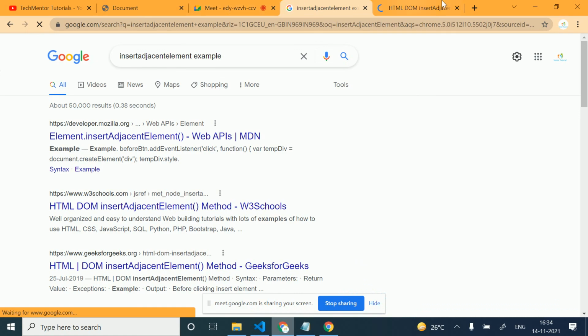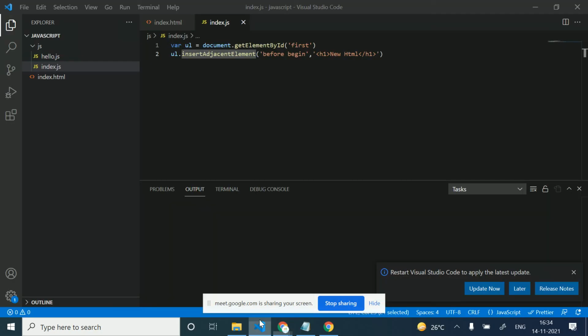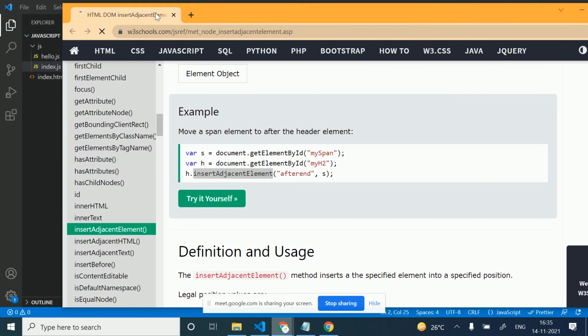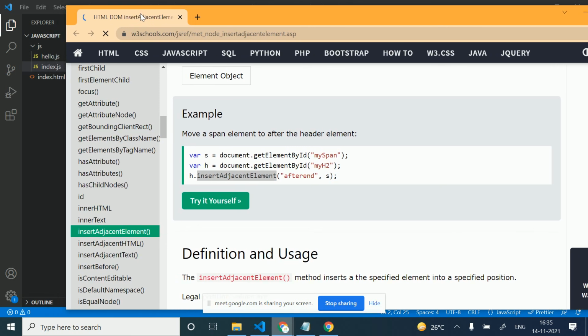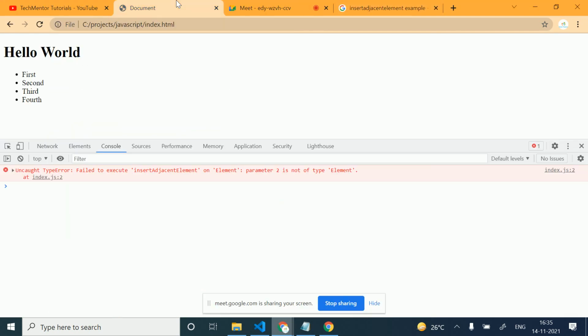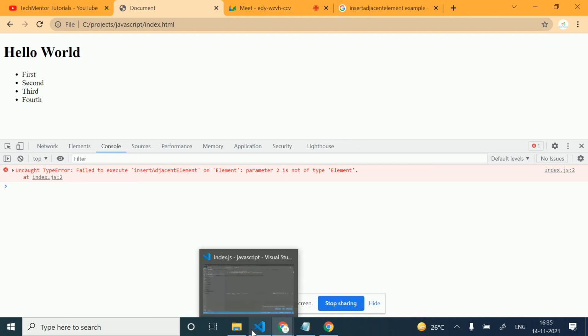Failed to execute: parameter 2 is not of type element.